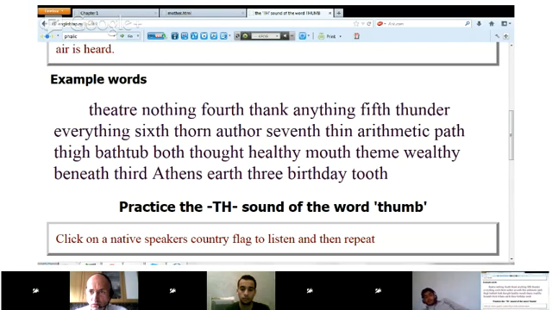In your "thank", I wanted an a sound, thank, anything. So don't do "anything" or "anything". No g or k at the end, just thing. Soft at the end, thing. This thing. And fifth, thunder, your thunder needs to be "thunder". We have a lot of people dropping the up sound